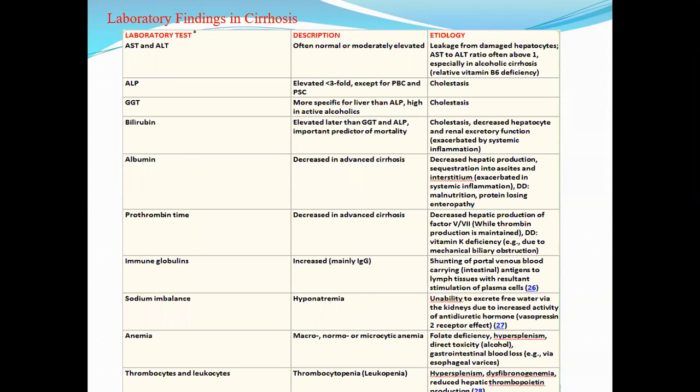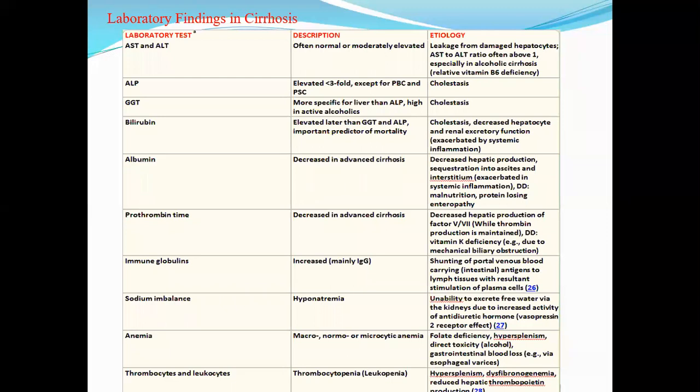Another is prothrombin time. There is a prolongation of prothrombin time. Why does the prothrombin time increase? Due to the following: either decreased synthesis of the coagulating factors due to failure of the liver or failure of hepatocyte. Another cause, in the case of primary biliary cirrhosis, is chronic obstruction leading to non-absorption of fat and fat-soluble vitamins, including vitamin K. The vitamin K deficit leads to prothrombin time increase.